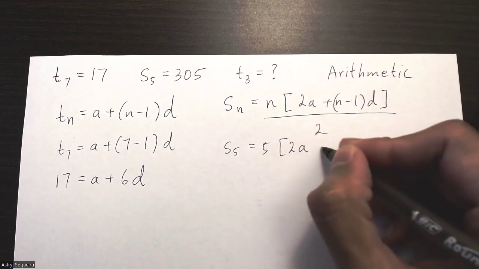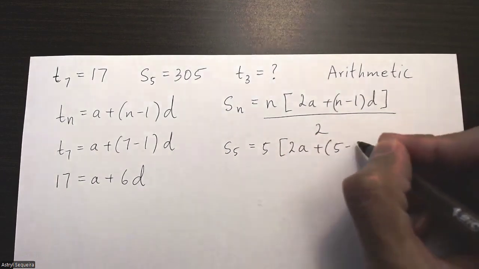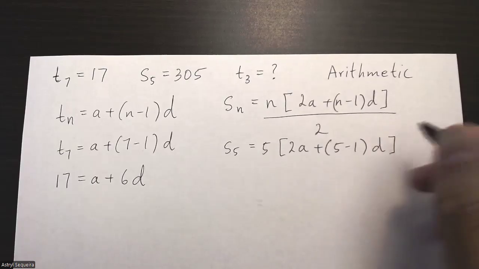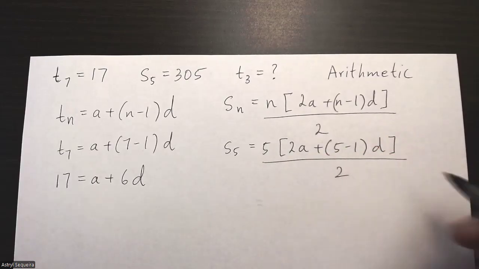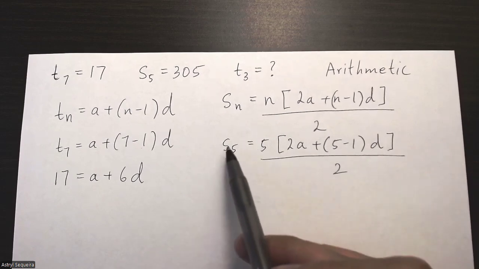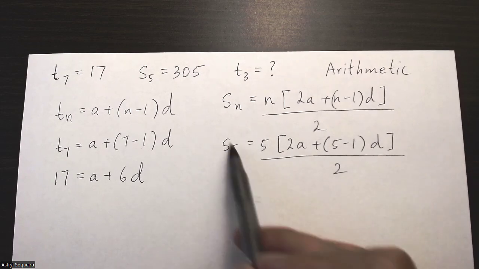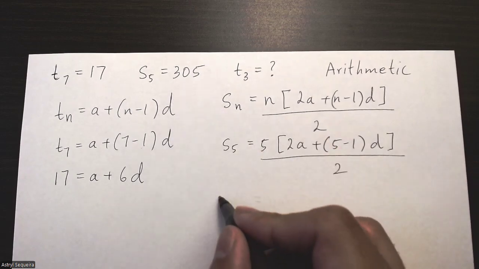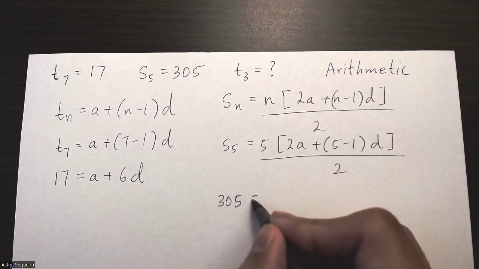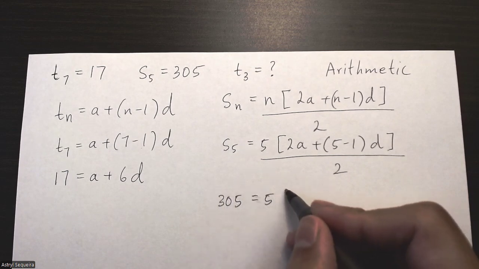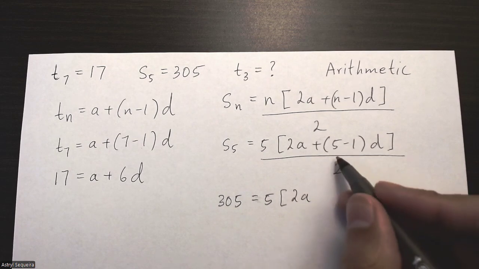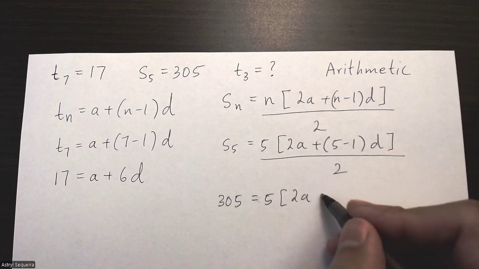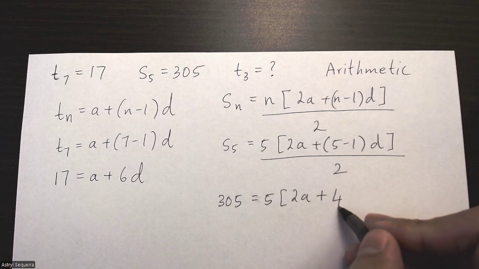I don't know my A, (5 minus 1) times D, divided by 2. I know that S5 is just 305, so I'll sub that in. And then I know that 5 minus 1 is just 4, so 2A plus 4D